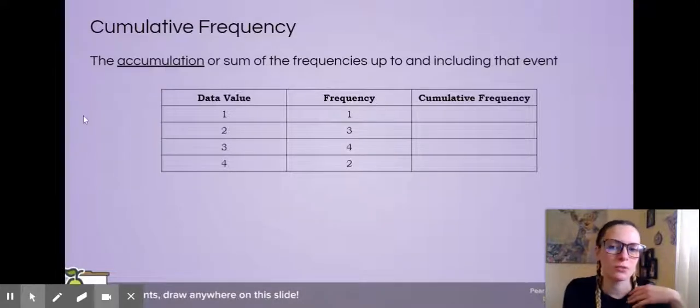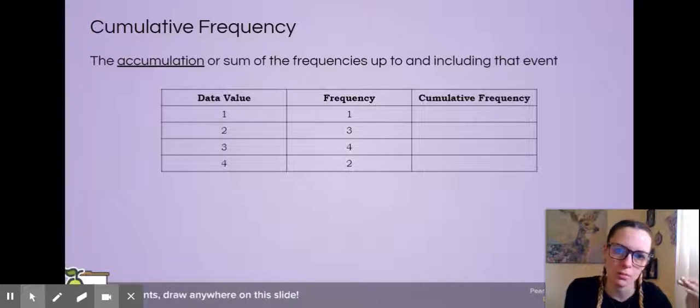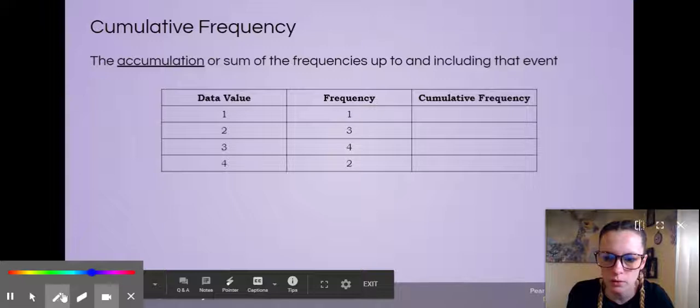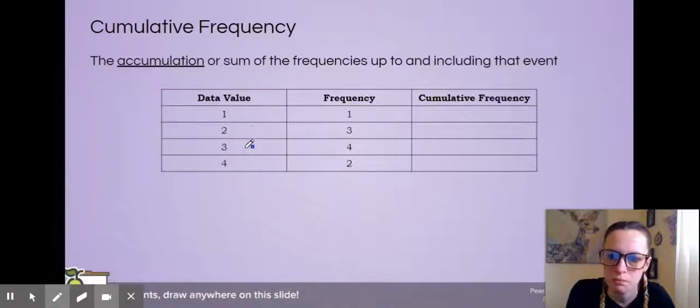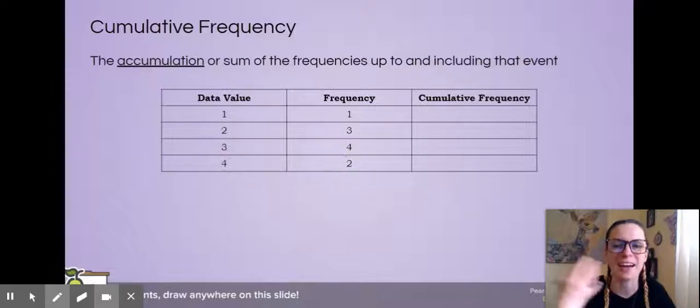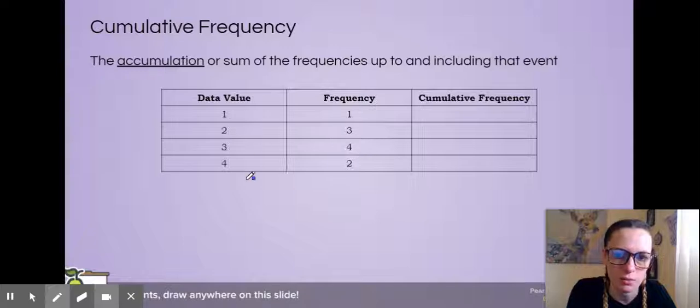All right, so talking about cumulative frequency in general, before we talk about the graphs, the cumulative frequency is the accumulation or the sum of the frequencies leading up to and including that event. So for example, we have a very basic table here where we have just random data values, 1, 2, 3, 4, and then how many of the things had those data values. So we had 1 that had the data value of 1, 3 that had 2, and we can figure out